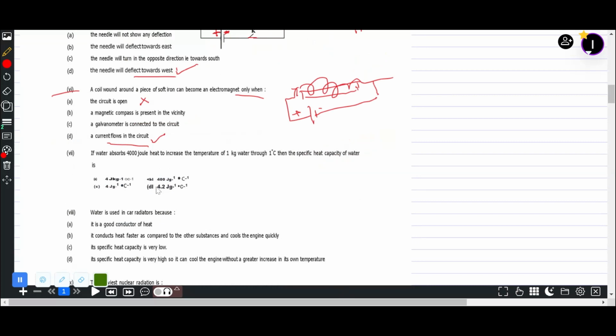Next one, 7th. If water absorbs 4000 joule heat to increase the temperature of 1 kg of water through 1 degree centigrade, then the specific heat capacity of water is... It's in joule per gram per centigrade. Everything is in joule per gram. So what we'll do is, this will be,